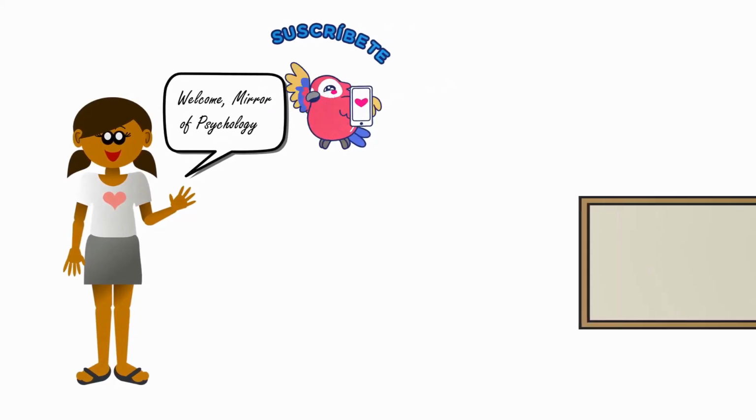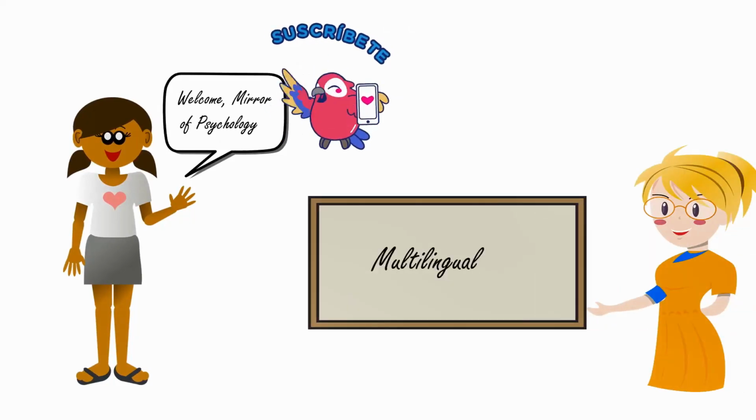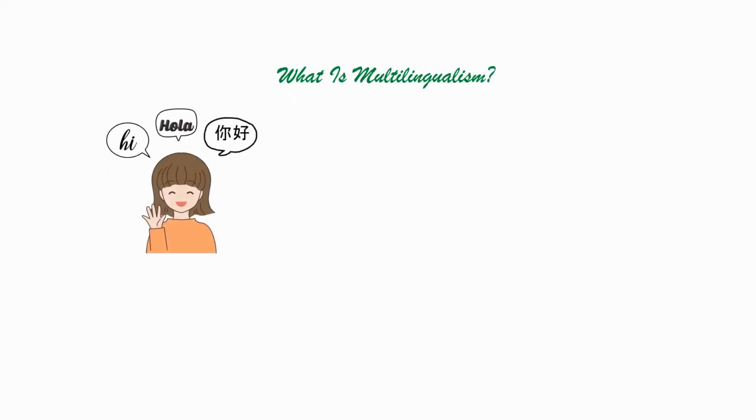In today's video, we are going to learn about multilingualism. Multilingualism means knowing and using more than one language. It can be speech, in writing, or even while reading. Some people call it bilingualism, polylingualism, or even diglossia. All of these mean the same thing, which is to be able to switch between languages depending on the situation.